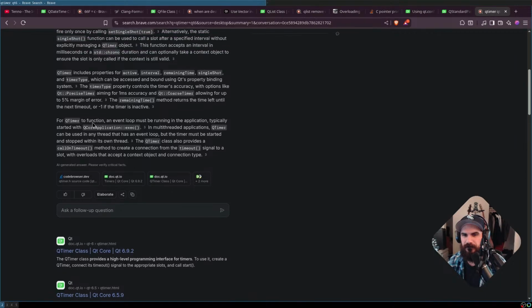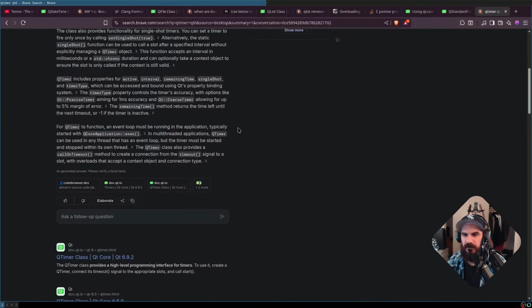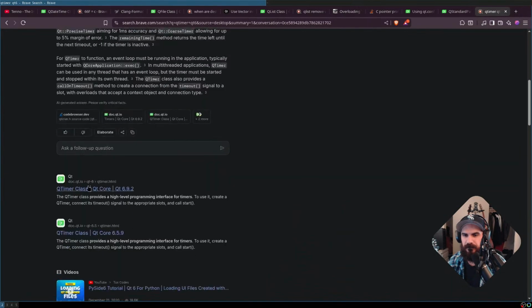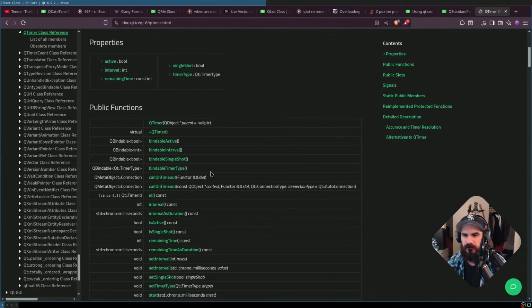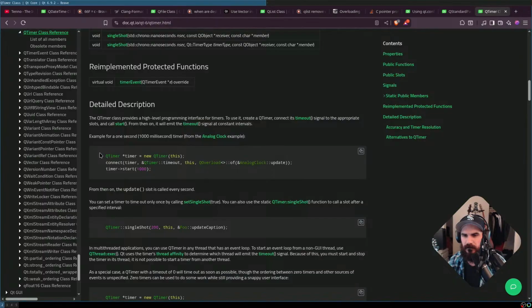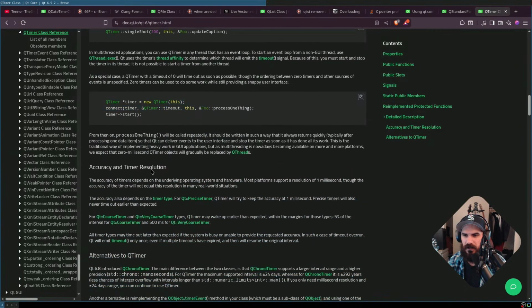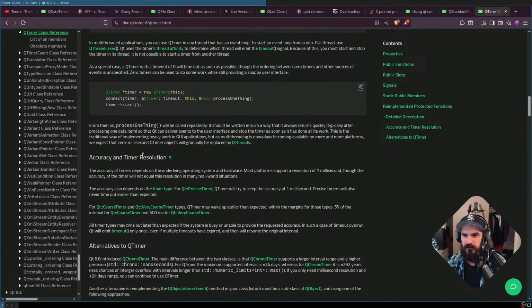An event loop must be running the application. Yeah, they're using pointers. I guess it needs to be created on the heap. I see a raw pointer. Yeah, this is my chance, right? This is my chance.